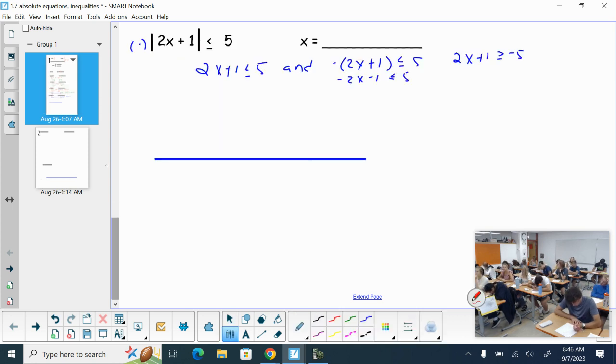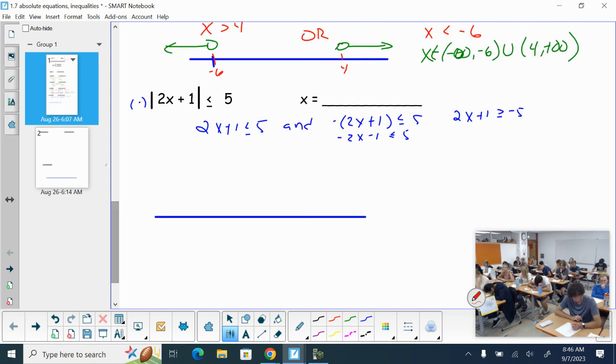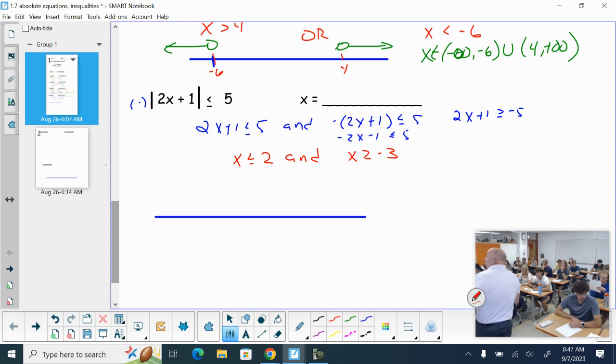What do you get for solutions? x is less than or equal to 2, and x is greater than or equal to... less than or equal to what? I didn't hear you. 2. And the second one? x is greater than or equal to negative 3. So we have x is less than or equal to 2, and x is greater than or equal to negative 3. So getting our solutions down,